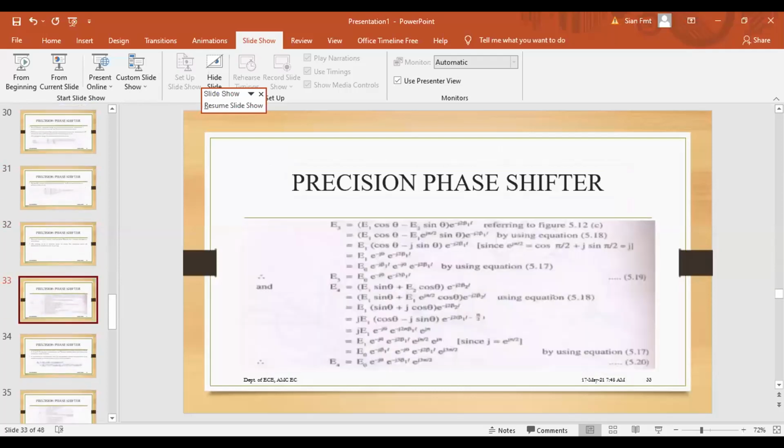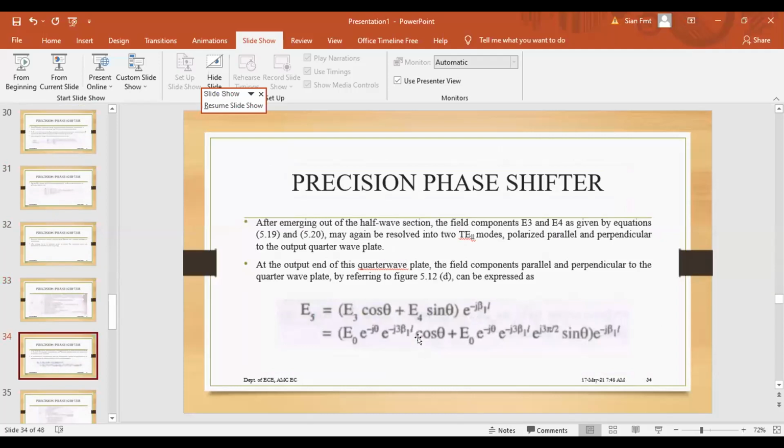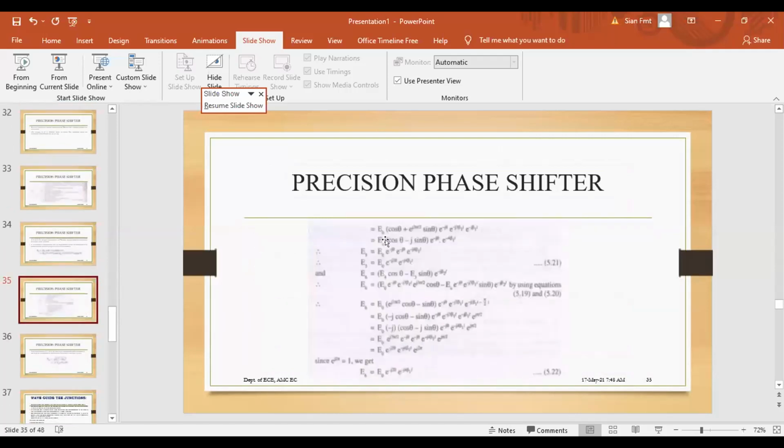So if you see the derivation here, j 3 pi by 2. So the E5 term, we have E naught e to the power minus j theta e to the power j beta L. Similarly, E naught, j 3 pi by 2. Just check the value of sine 3 pi by 2. It is minus 1, ma'am. It's minus. Sine 3 pi by 2. Yeah. So if it is minus, then we have to change here because that term will not get cancelled.